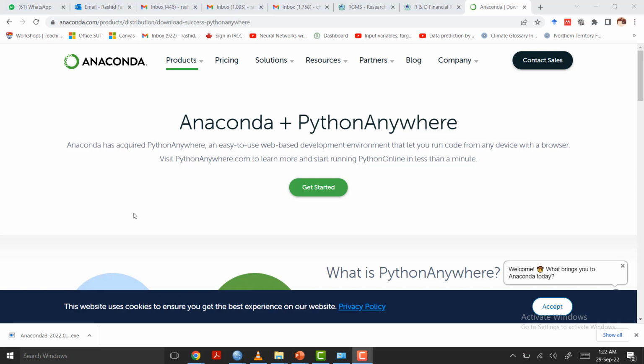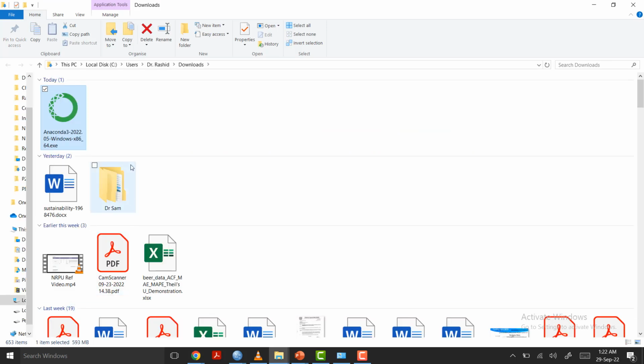After some time, the download is complete. I'll click here and show in folder. You can see the Anaconda file icon here. I'll just double click on it,